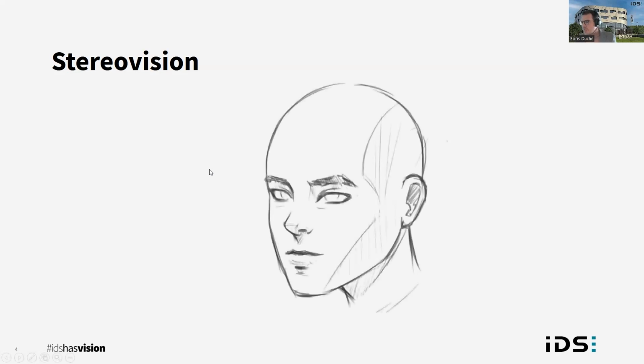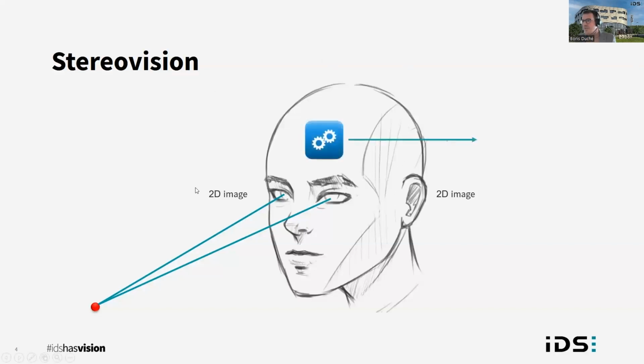Sensor cameras work according to the principle of active stereo vision. I will try to explain to you what stereo vision is first, and then we will try to understand what active stereo vision is about. Stereo vision is the way that your eyes work. How does it work? When you look at a point, the point will be imaged in both of your retinas. So they make a 2D image. And based on both of these images, your brain will compute some 3D information, some depth information.